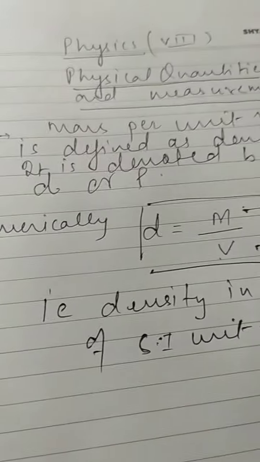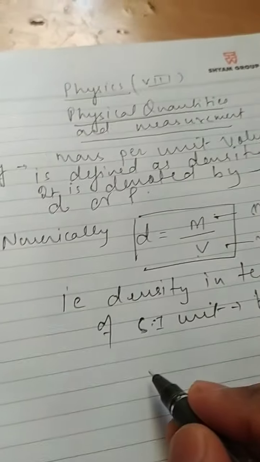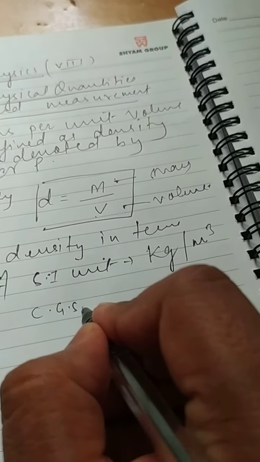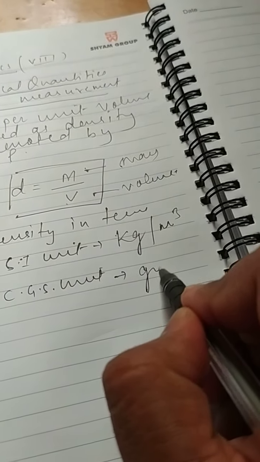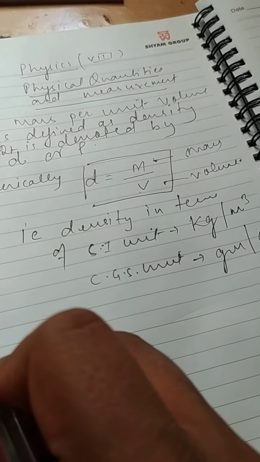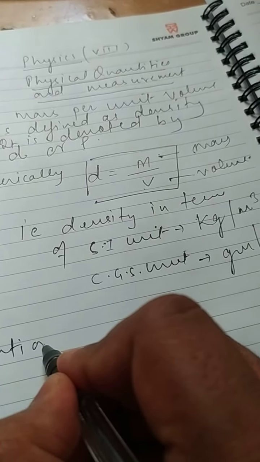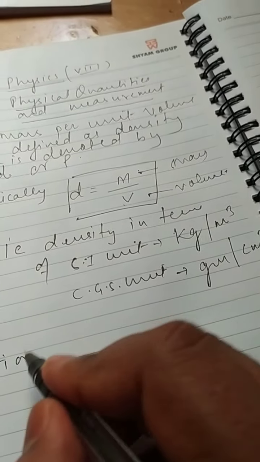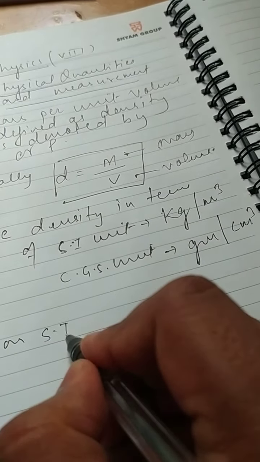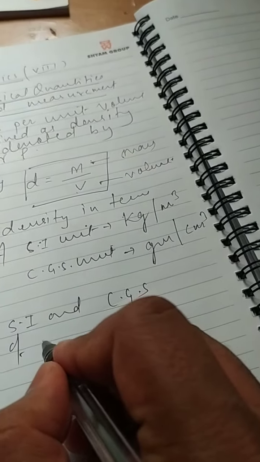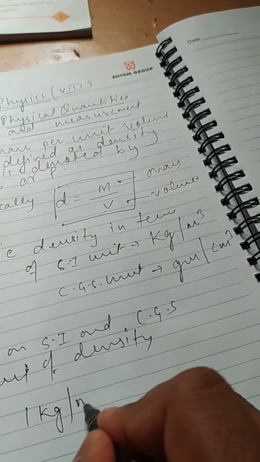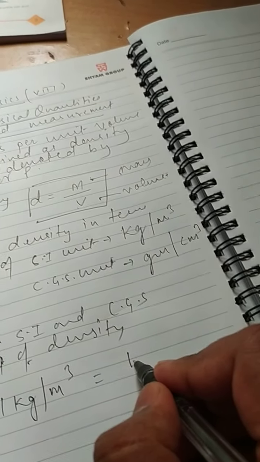Now, in terms of CGS units, we can write density as gram per centimeter cube. So, there is a relation between SI and CGS units. If we want to convert SI into CGS or CGS into SI, then there is a relation between the SI and CGS units of density. So, we can write 1 kg per meter cube is equal to